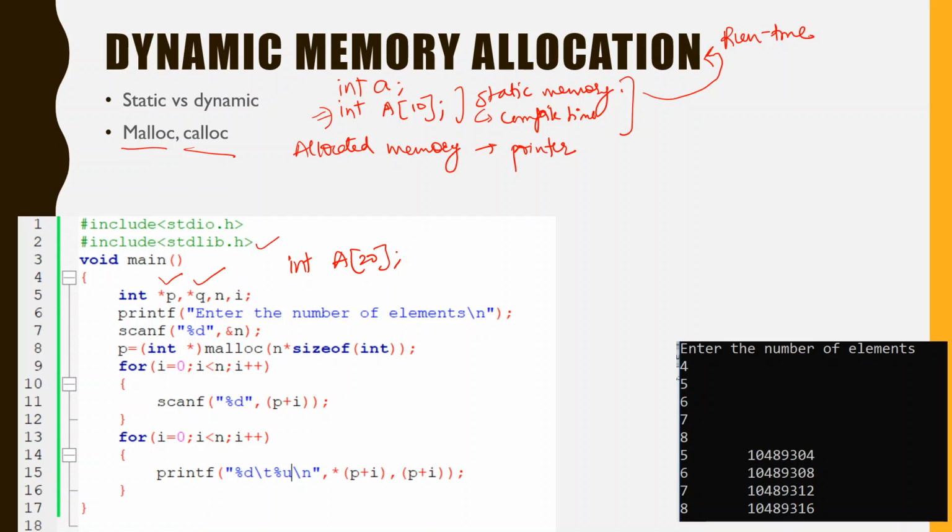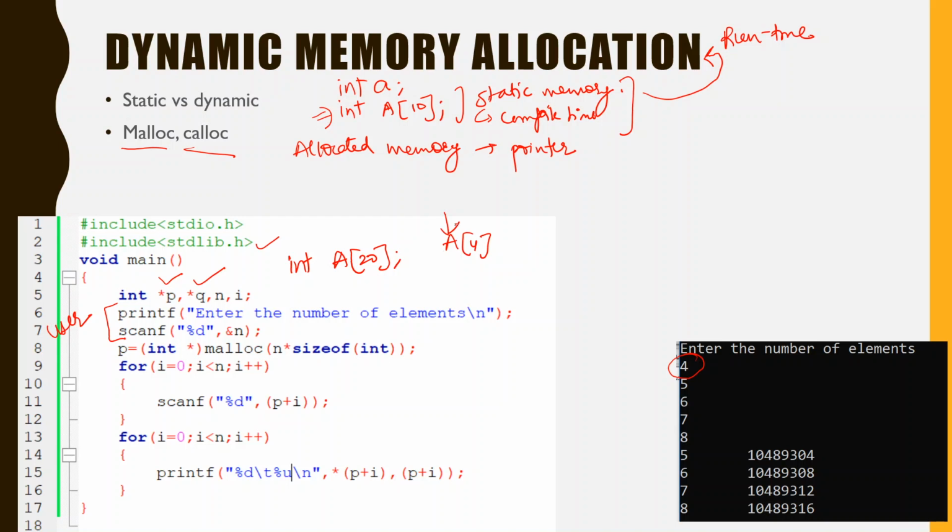A number may be taken as input from the user, so the user will give the input about the number of elements it requires. Till now no static memory allocation has been done. But as soon as the user has given some input, suppose 4, it means the user only requires this array. From this array, we only require a base address, and all the remaining elements would be in contiguous memory locations.